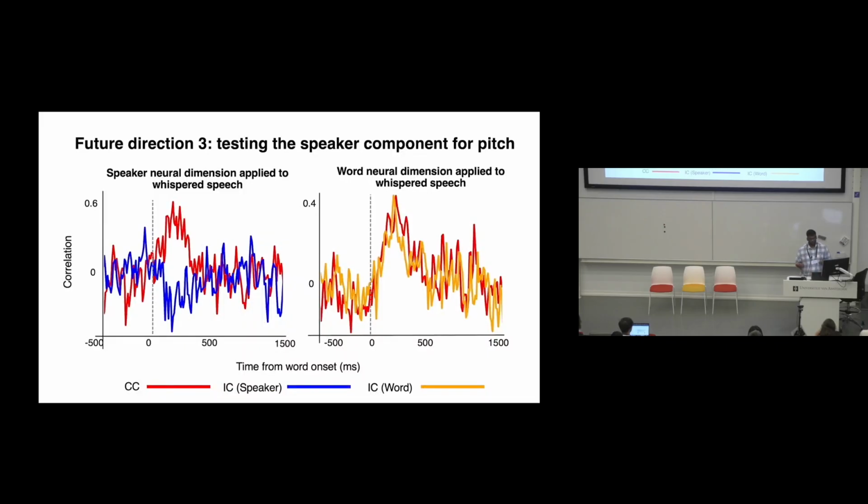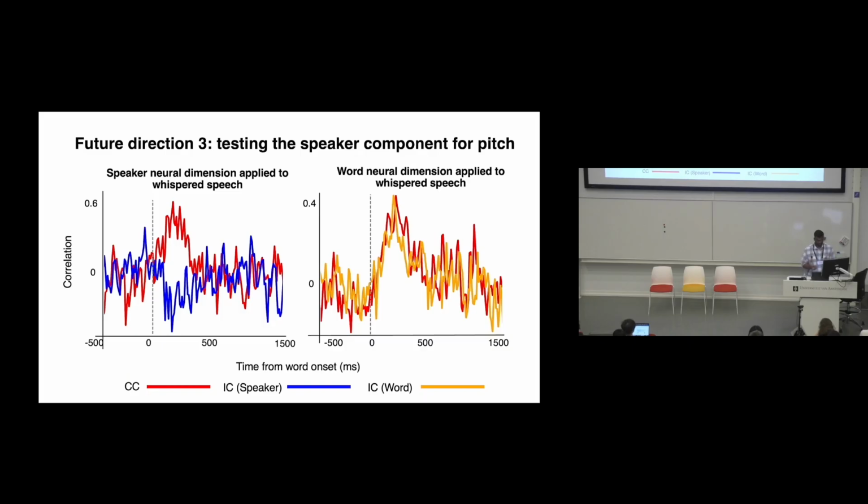And finally, one natural question is, are these components just random components, or do they genuinely correspond to the representations we're learning? One way to test that is to look at whispered speech. For instance, if I were to say the word cat and I whisper it, then I am effectively removing all pitch-based variation from it. So if two people were to whisper the same thing, then you cannot distinguish them in that dimension.